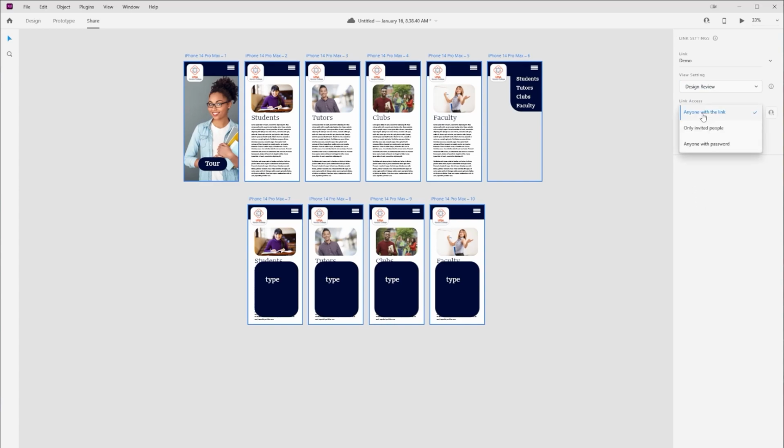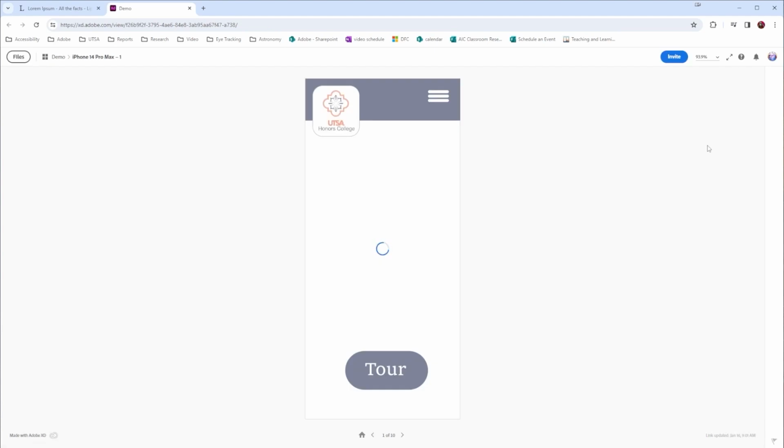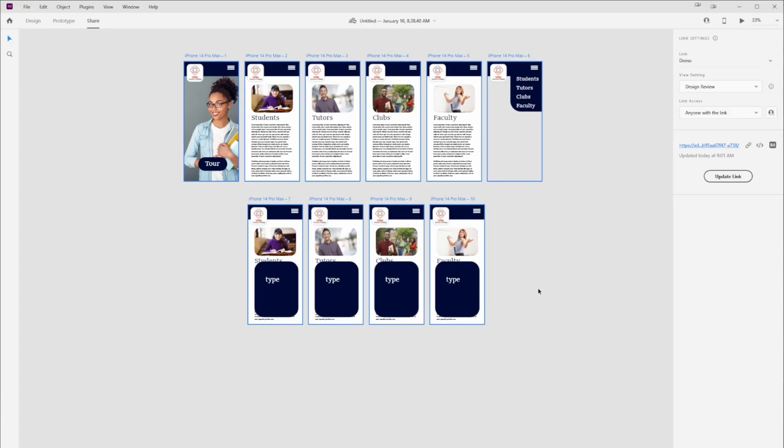Anyone who has the link, or we can have only invited people, or we can even put a password on this if we're doing this for a company. I'm just going to say anyone with a link. I'm going to create this link. It'll take a moment to process. And then after it processes, we'll be able to click on that link and go to it and view our app on the internet. If I go back to XD, you'll notice over here that there is an option to